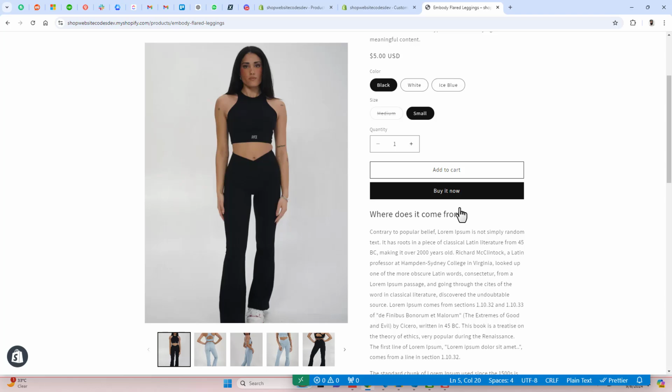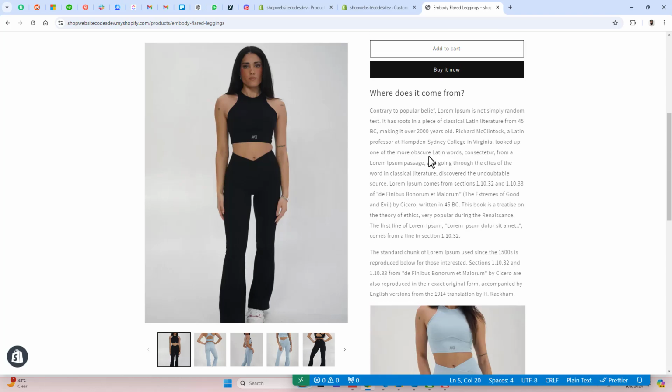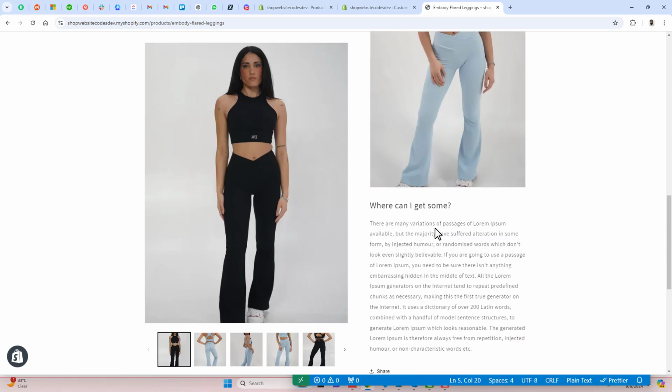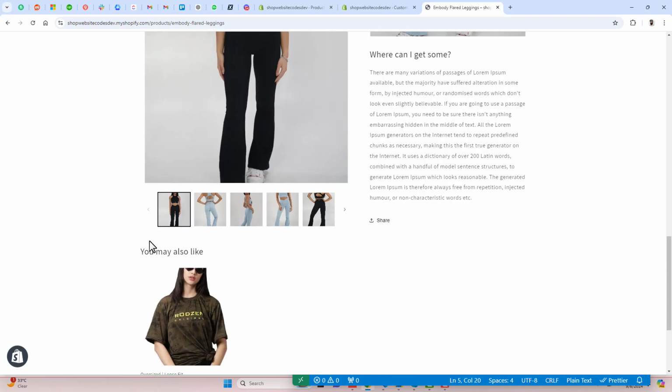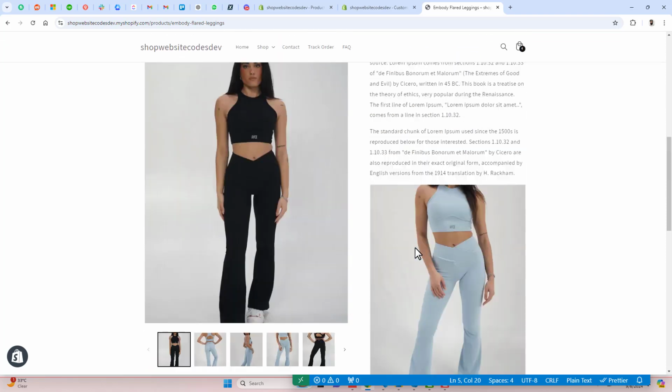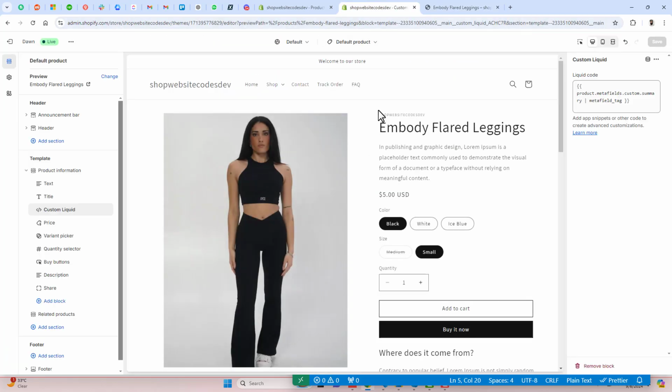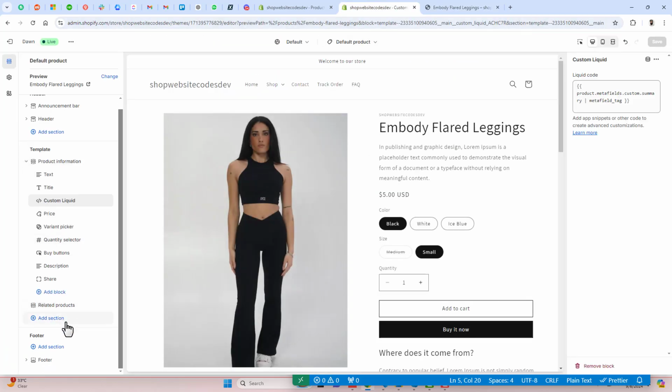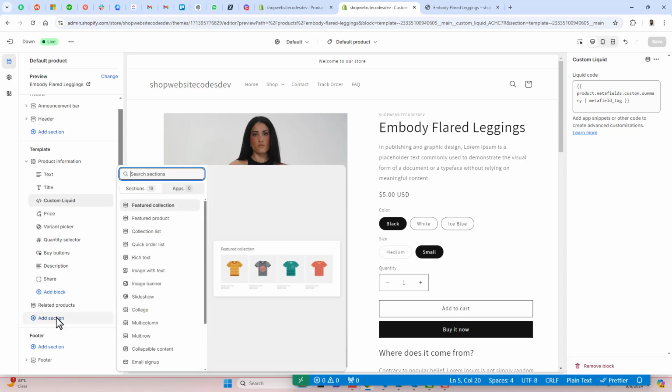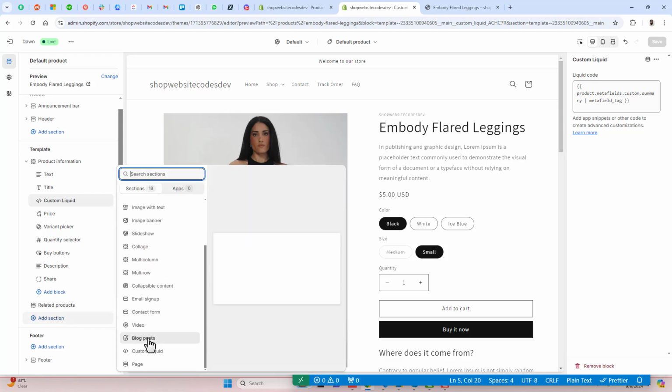And now we are interested to get rid of this long description. So what exactly we are going to do? We are going to remove it from here and make a new section and put it just below. So how we can do that? You should go back, and here we are going to put a new section and scroll it down,